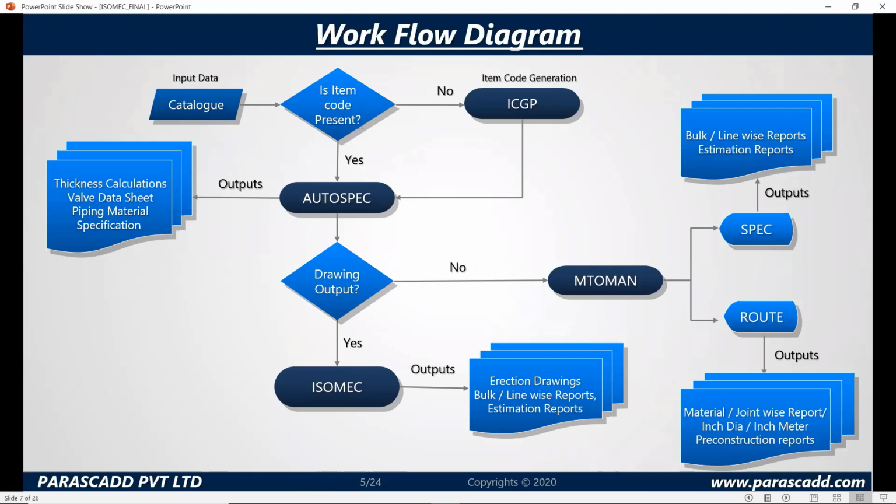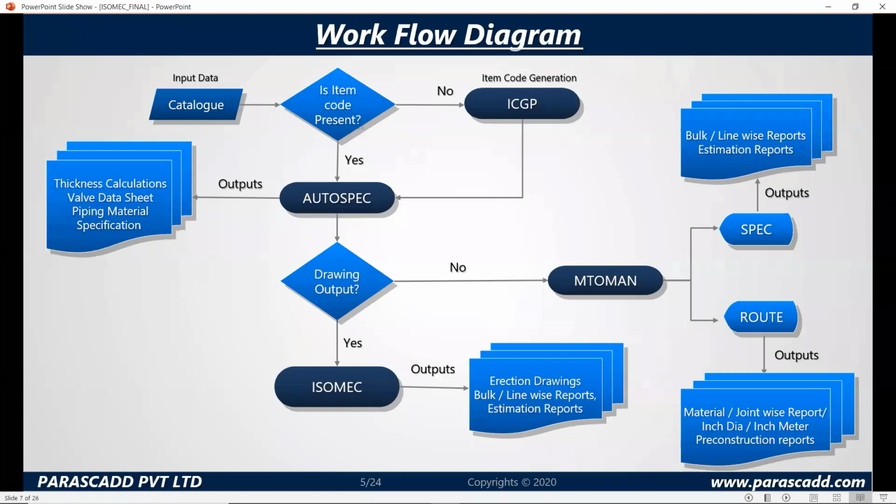Once your item codes are generated for the catalog, we go ahead to the second feature, that is AutoSpec, which is basically for thickness calculation, preparation of valve data sheet, and finally to prepare the piping material specification.